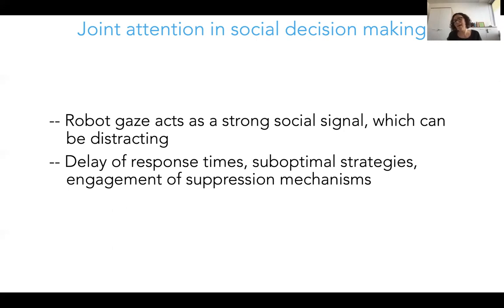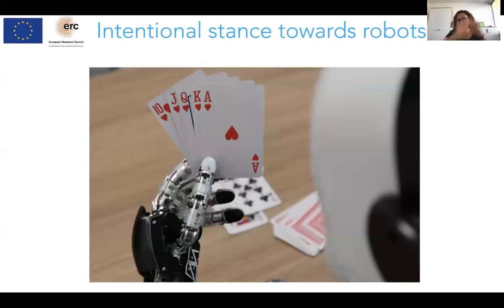But on the other hand, if you have an elderly person for whom you want to have an engaging interaction, where you want to make sure that they would, for example, follow recommendations about taking medicine, then social, of course, is beneficial. So depending on the user, on the context, on the task, I think one has to really think carefully about how many of these social signals we want to have in our robots. So that part was about joint attention, because mutual gaze is also joint attention and social signals.